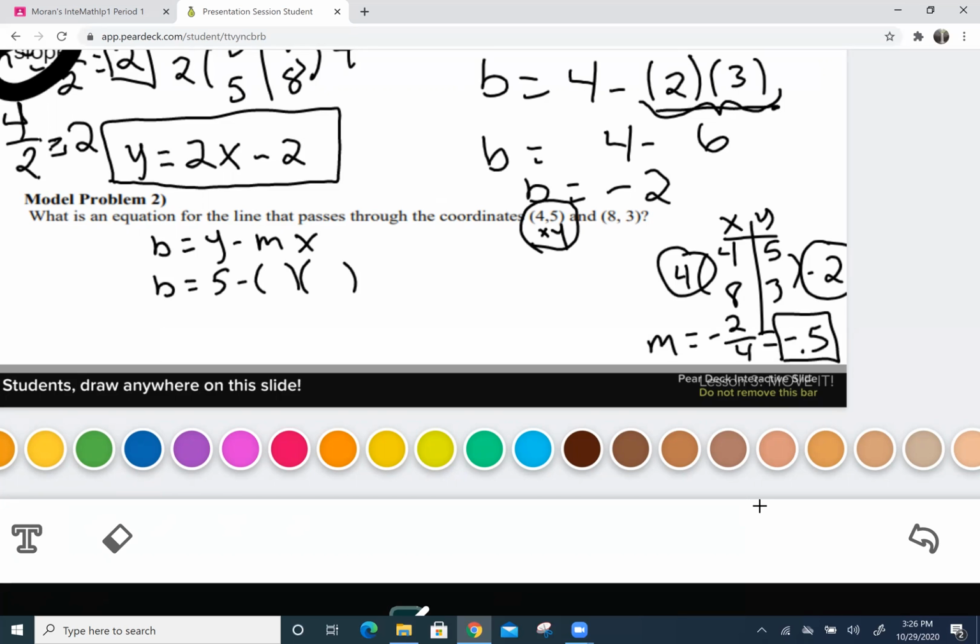So m is negative 0.5, and x is 4. So B is equal to 5, and then negative 0.5 times 4 is negative 2. So it'll be 5 minus a minus 2. We got a double negative here. 5 plus 2 is 7. So B equals 7. So the equation is y equals